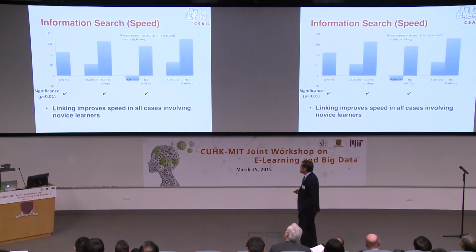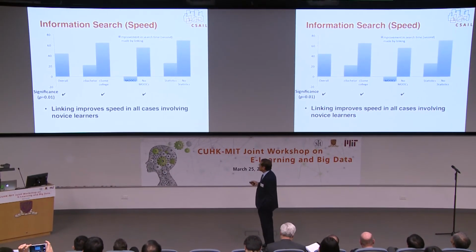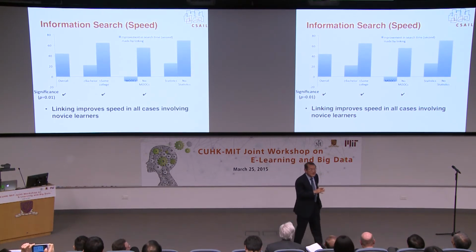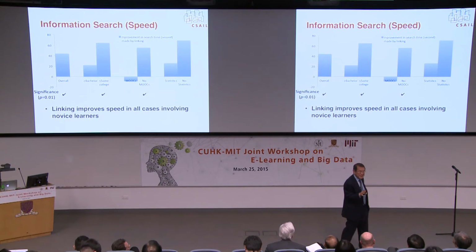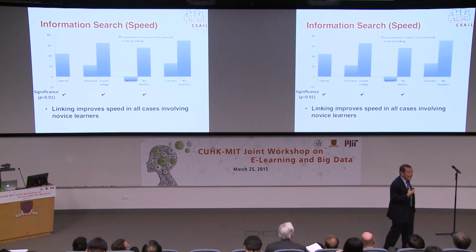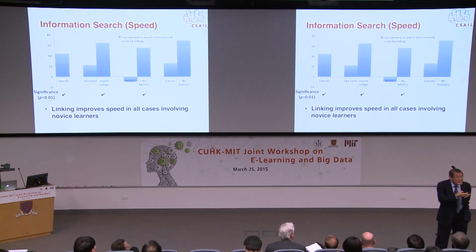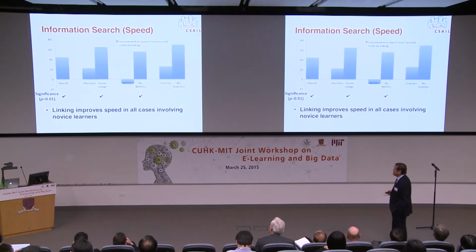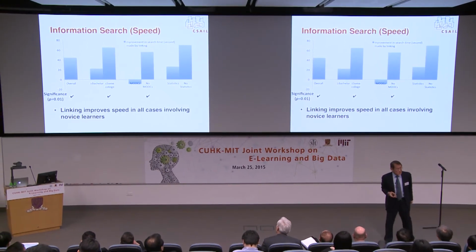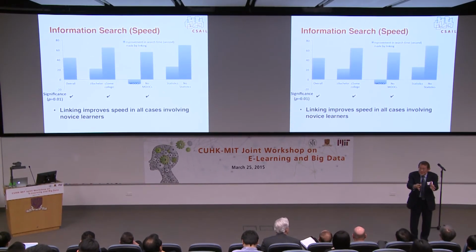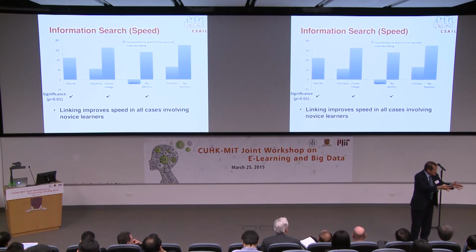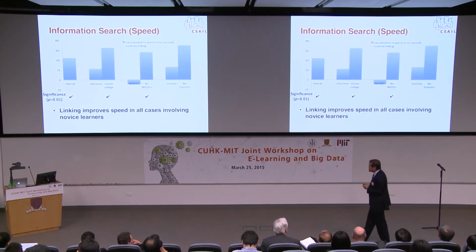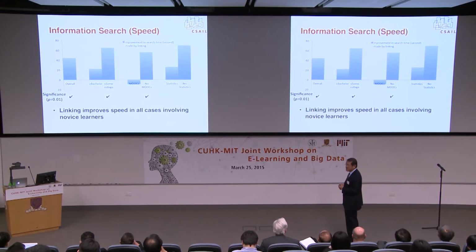So what appears to be the case is that linking will improve the speed in all cases. And I haven't shown you the accuracy. It turns out the accuracy in both conditions is about the same. So it gives some evidence of the fact that if you can link the data together, and a number of speakers before me have talked about that as well, it would help the novice users. Those people, remember I said we want to move towards certification. They want to complete the course. We want them to succeed, and I think linking might be one of the answers, all right?